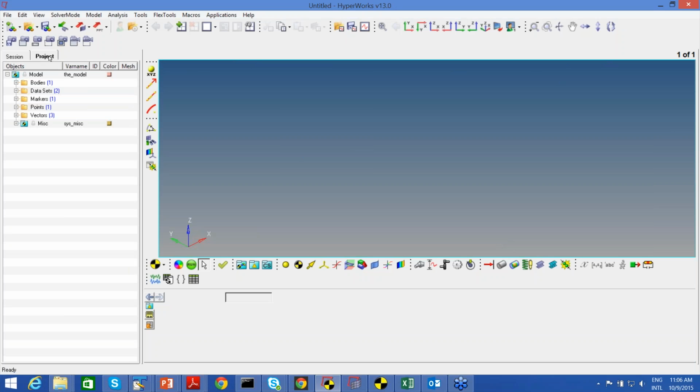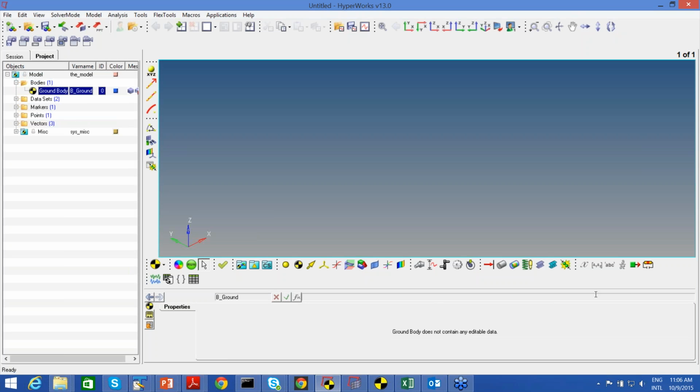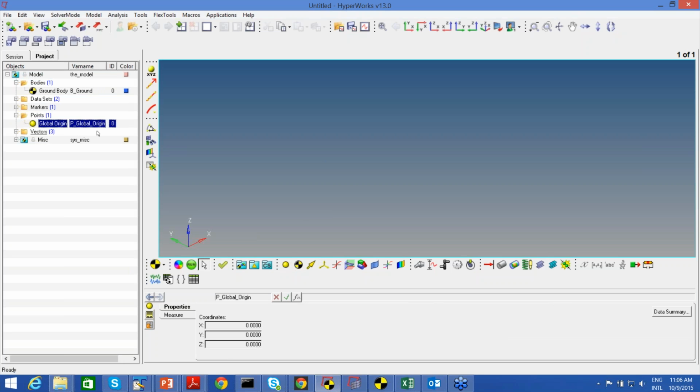On the left hand side, where you see session, projects, objects, model, that is called the browser area. Once I select anything in the browser, things will pop up in the panel. Below the graphical area, you see the area called the panel, where I will see detail information